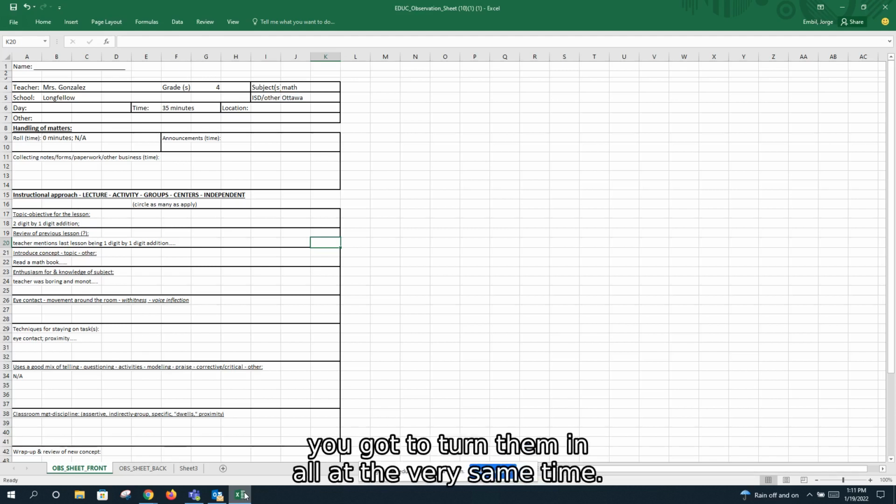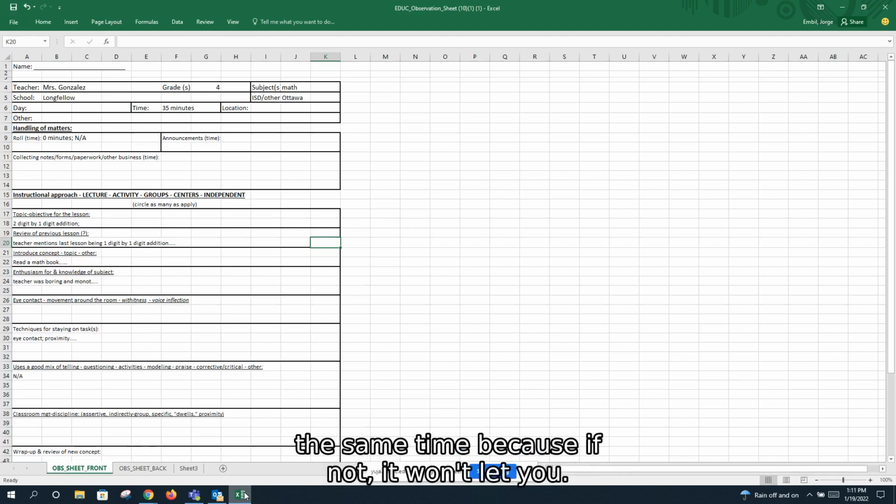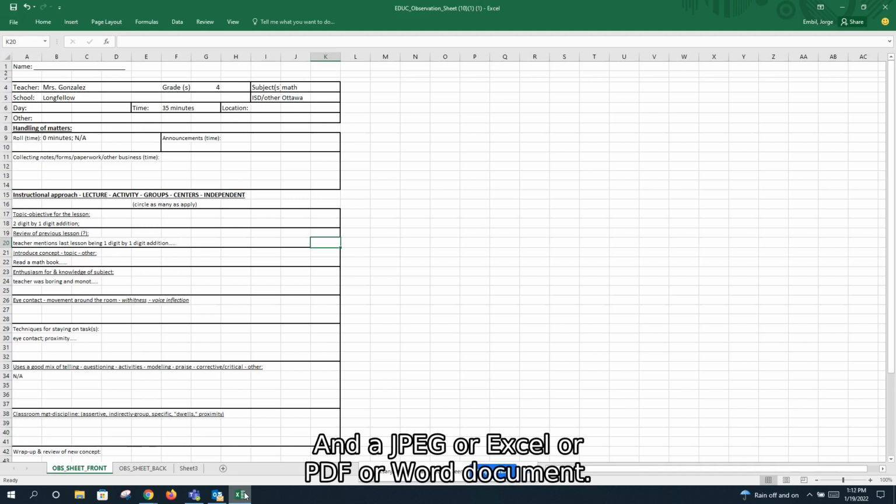And when you turn them in, you got to turn them in all at the very same time, right? So you can't turn in one and then try to turn in another a day later. You got to turn them all at the same time, because if not, it won't let you. So when you turn these bad boys in, I need it in a JPEG or Excel or PDF or Word